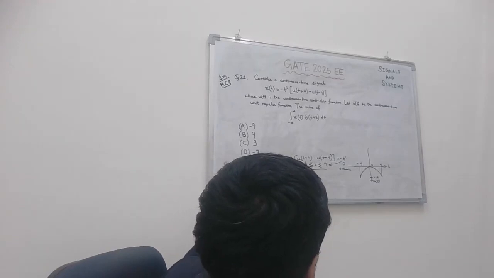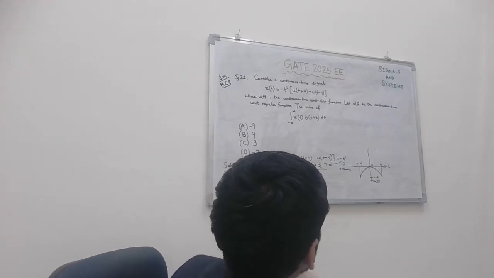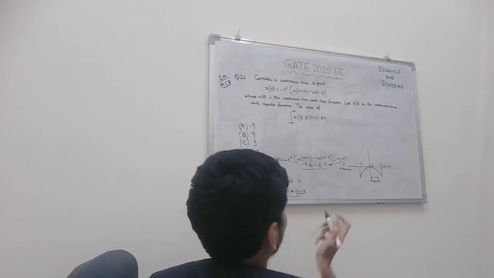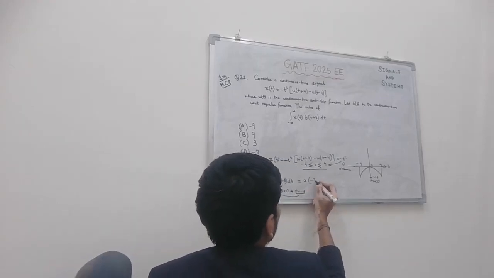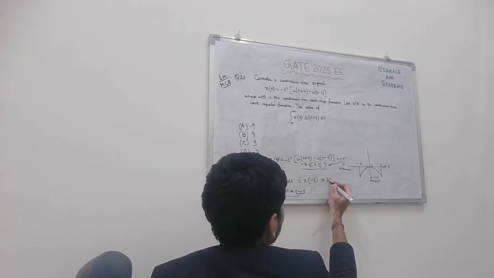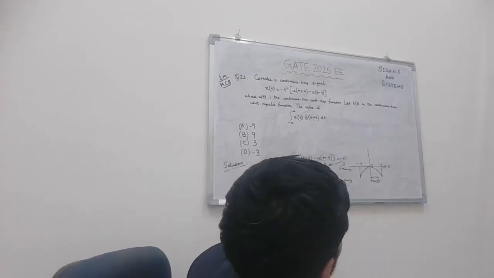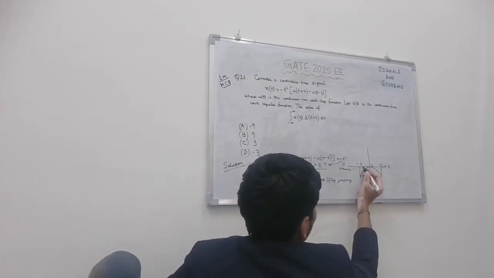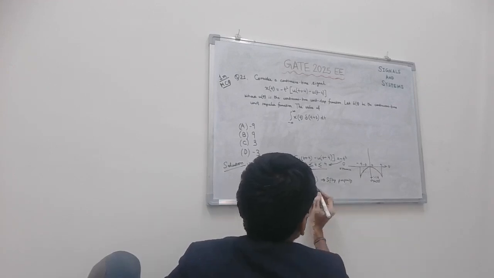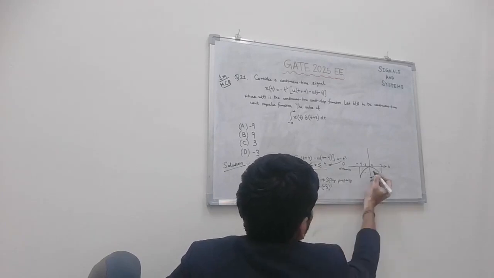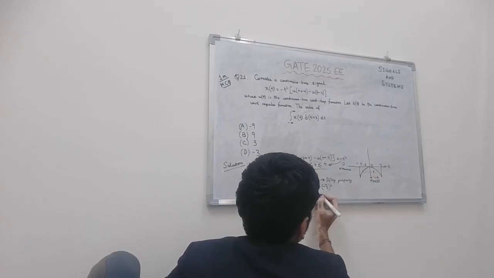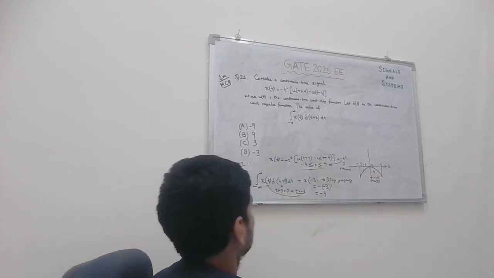As the limits are minus infinity to infinity, minus 3 is already included in this range, so we will just take out x of minus 3. It's called the shifting property. Now from this graph, what will be the value of x of minus 3? Somewhere around here. So it will be nothing but minus of minus 3 square. It is minus 9.